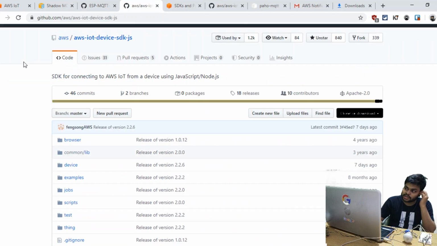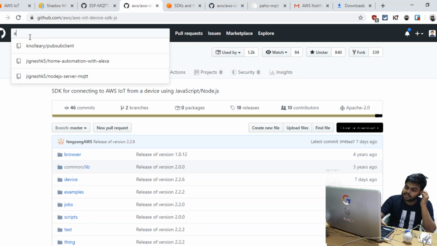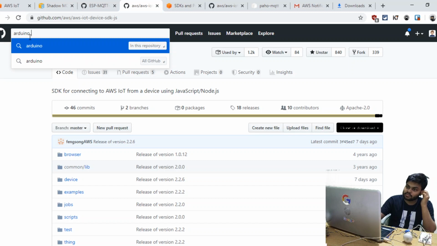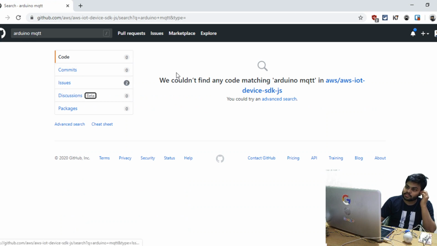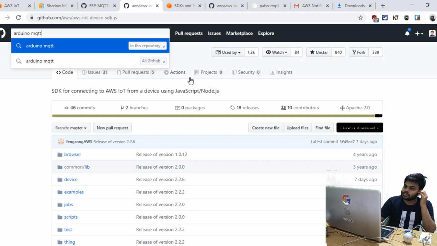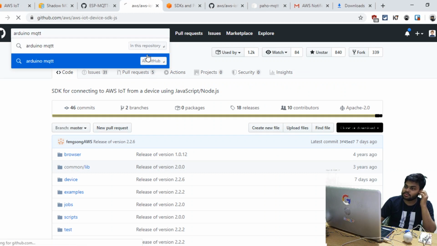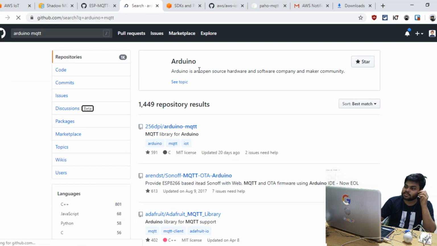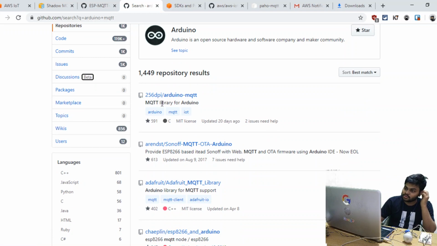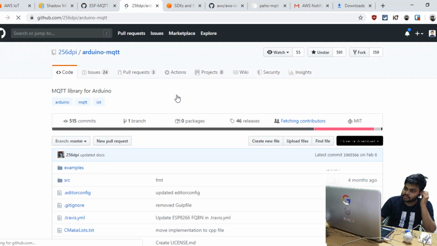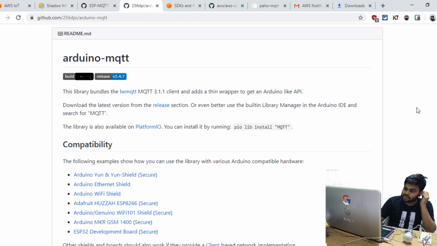If you don't know that, let me search for Arduino MQTT on all of GitHub, not in this repository. We have 256dpi's user which has an MQTT library for Arduino. This one is a very powerful library, a core library, not dependent on PubSub client at least.